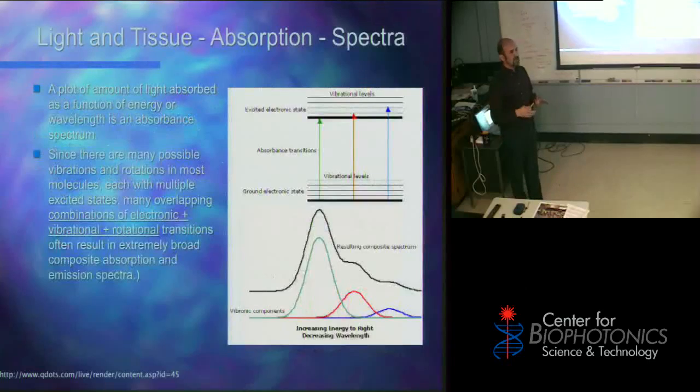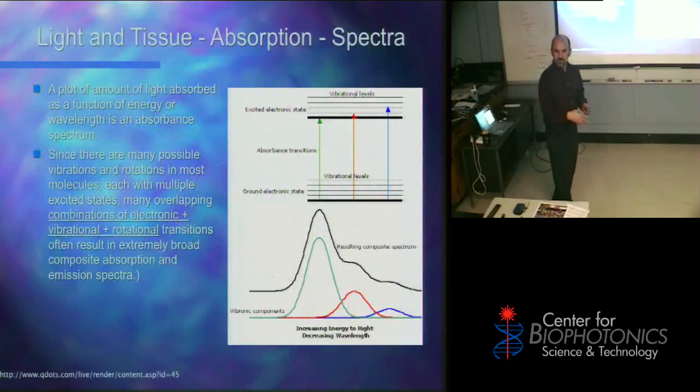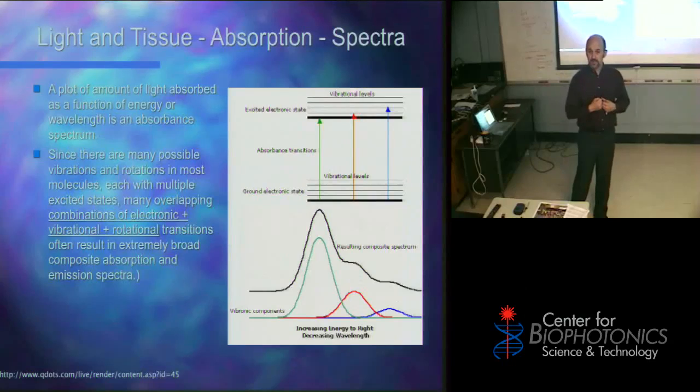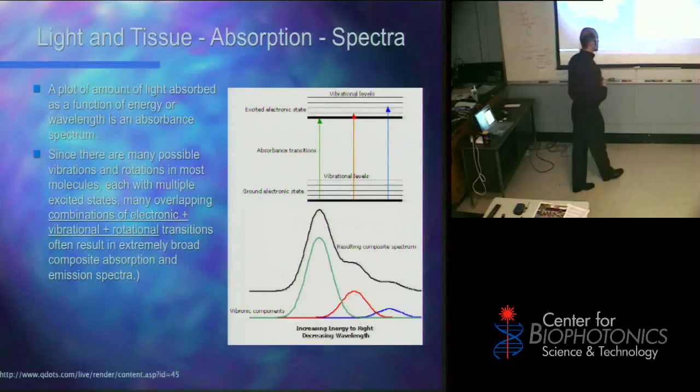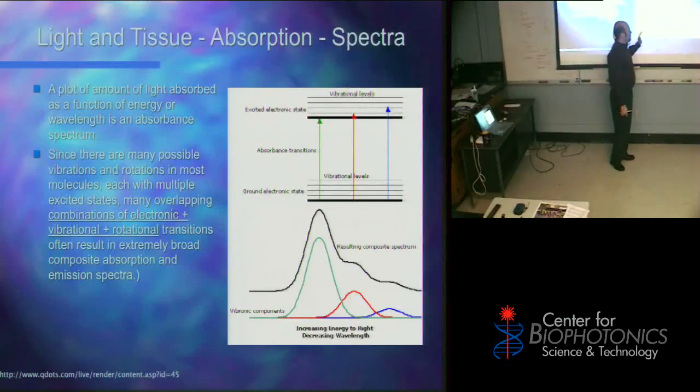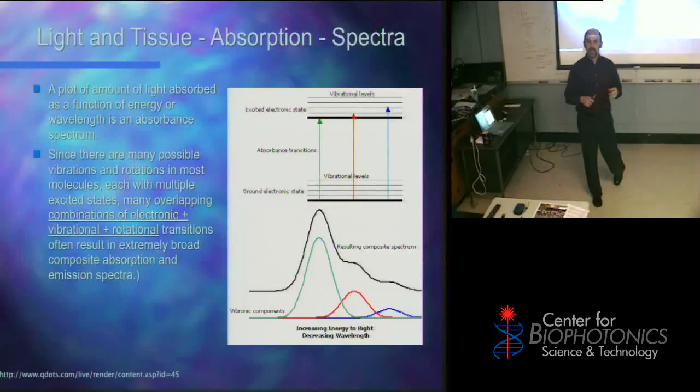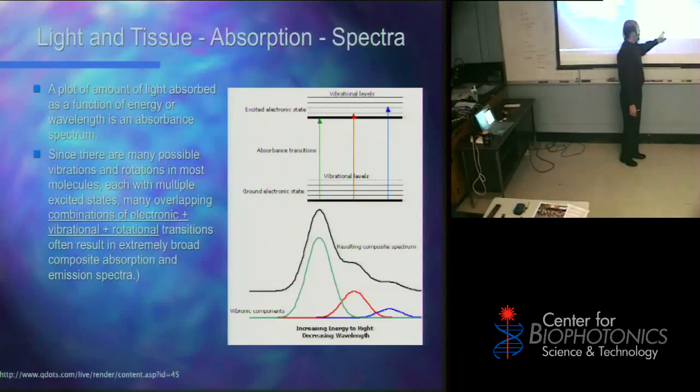And when we want to describe how a certain molecule, or set of molecules, is absorbing light, we create something called a spectrum. And that spectrum shows us energy on one axis, and it shows us the amount of that energy that was absorbed. Okay? So we get an absorption spectrum that says, this wavelength was absorbed a little bit, this wavelength was absorbed a lot more, this wavelength was absorbed the most, this one less, this one less, this one more. It tells us. And by the shape that we get,